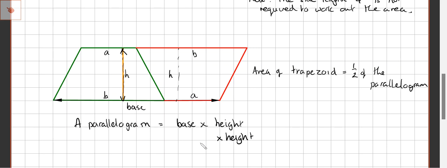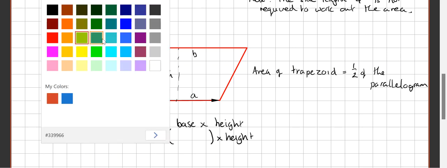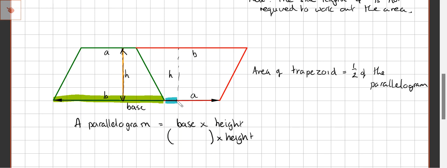Look at your base times height divided by 2. Is B the length of the base? Yes. No, not half of it, because B is longer than A. You have to do B times the height. What's A? A completes the base. B and A. How do we write B and A? B plus A